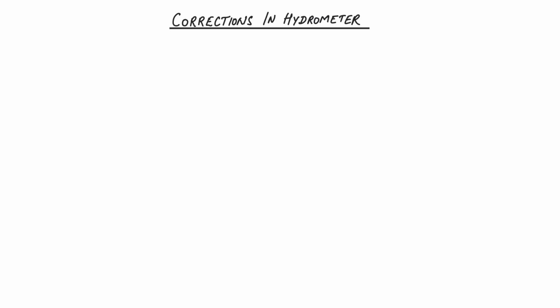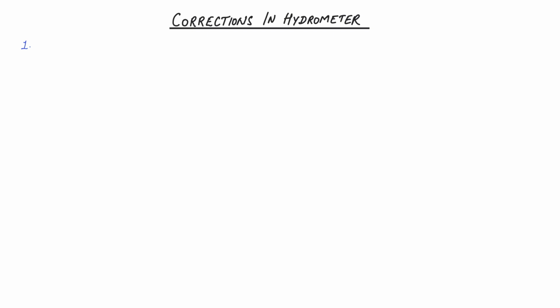Hello everyone, welcome to this lecture in which we are going to understand the different corrections that are given to a hydrometer reading. A hydrometer is an instrument that is used to calculate the specific gravity of any layer of liquid, and if the reading of the hydrometer is wrong, then obviously it should be corrected. Otherwise we will get a wrong specific gravity and hence indicate a wrong concentration of the solids in that particular layer